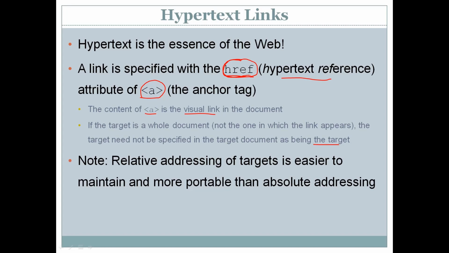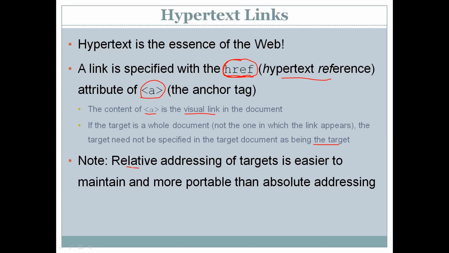Suppose my file is in a folder that is D WP, and there is one more folder in the WP called the hyperlink folder. Inside the hyperlink folder I have a file. The absolute path would be D WP and then hyperlink. Whereas the relative path, if my current location is the WP folder, would be directly the hyperlink folder. Okay, that we will again discuss.